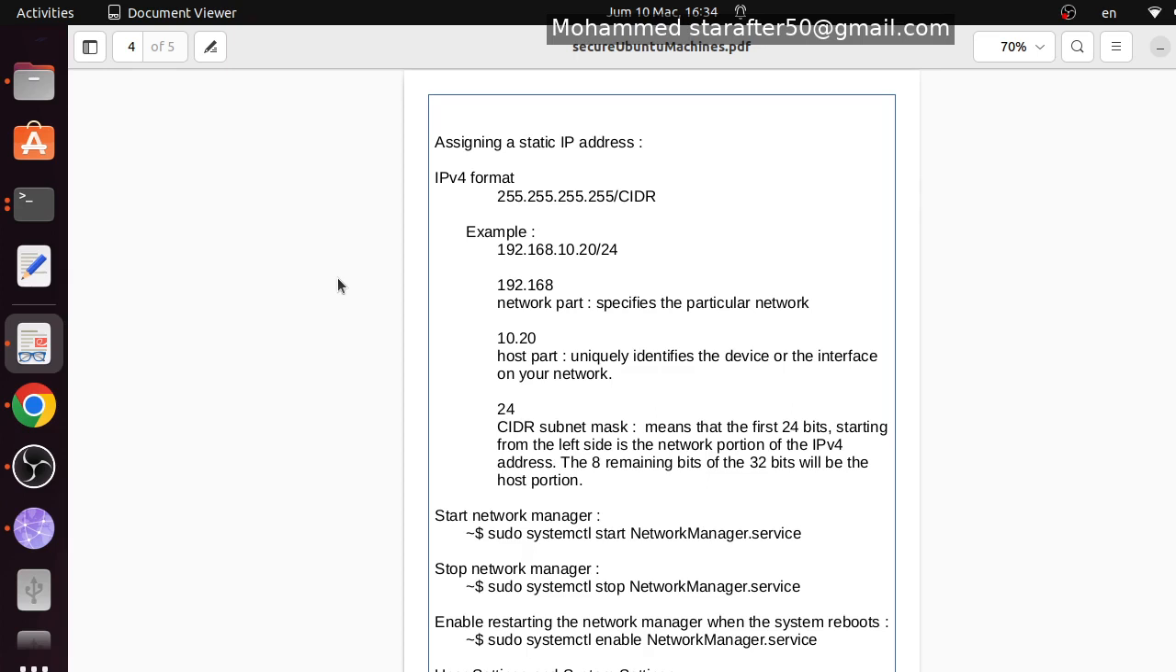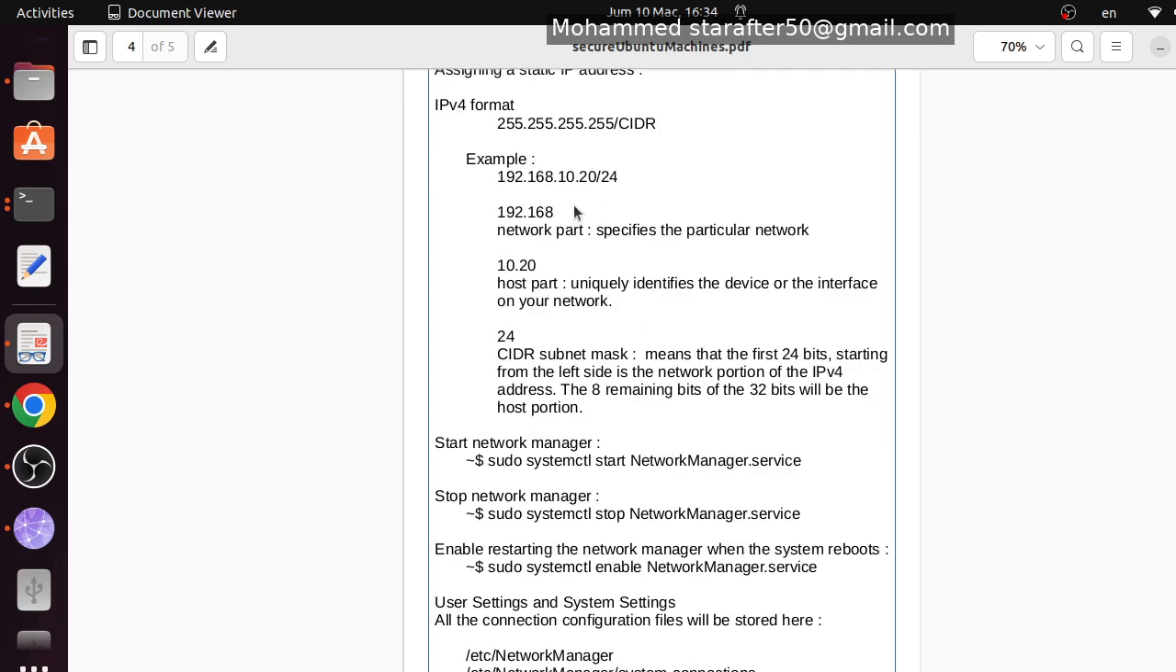This we can do with the network manager. Now, what is the IPv4? Let me give you some idea about the IPv4. It consists of these numbers with the CIDR number. Now, for example,